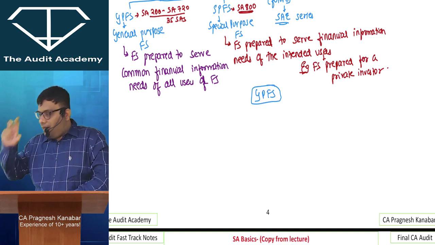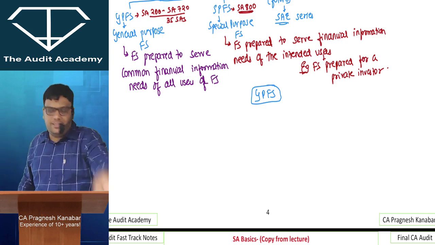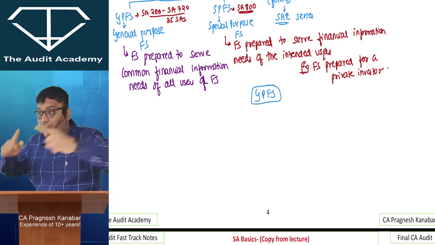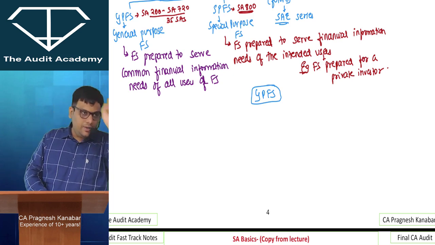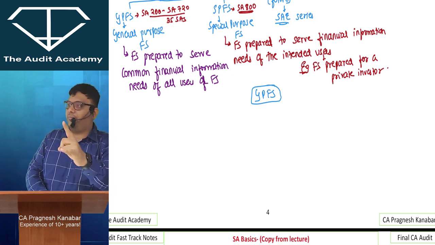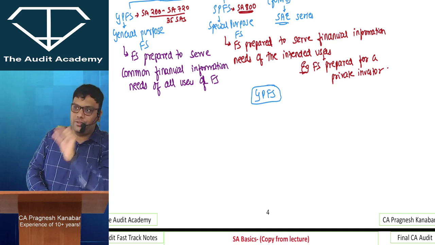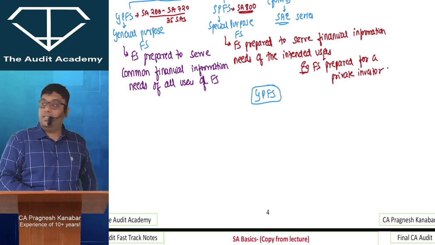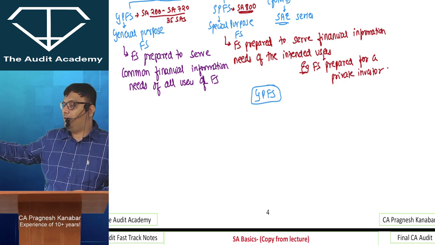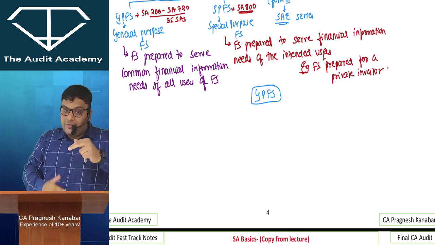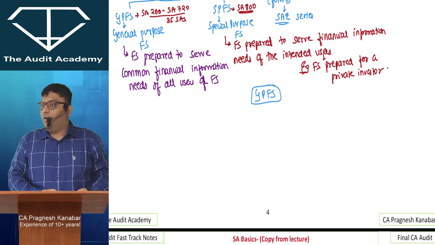That means the client is expected to give those disclosures. And additionally, as an auditor, you can always tell them to provide additional disclosures beyond what is required as per AS, Ind AS and Schedule 3. Both accounting standards as well as Schedule 3 have the minimum disclosure concept. All right. And not only that, the list of disclosures that you see in AS as well as Schedule 3 is inclusive and not exhaustive. That is why you can always ask clients to give more disclosures, because in the audit report we say